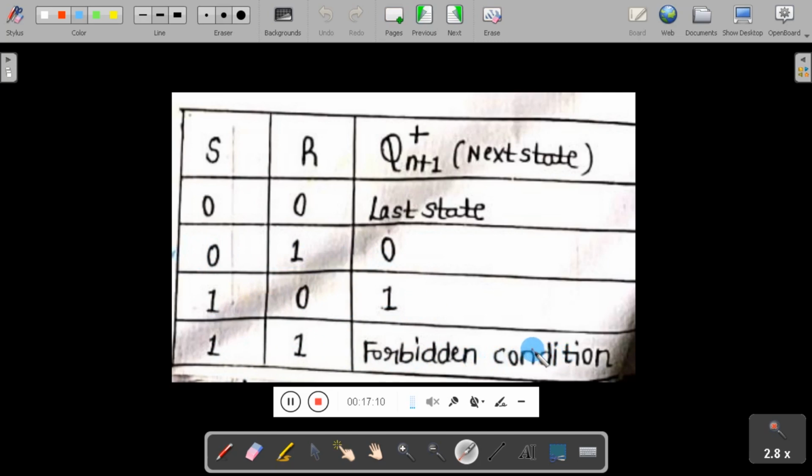Now we will see the working condition of SR latch by means of a simple example, in terms of waveform. We'll give the input in terms of waveform, and we'll see exactly how the output works, with respect to a timing diagram.